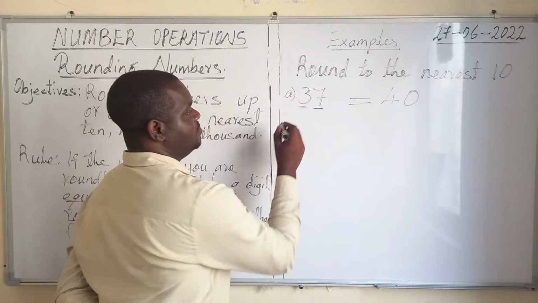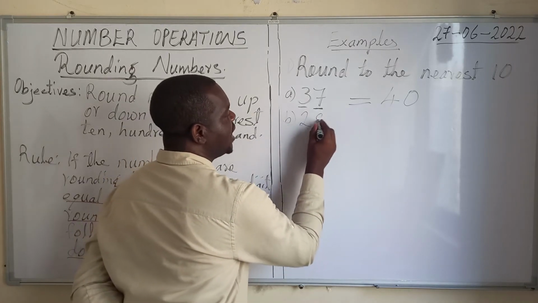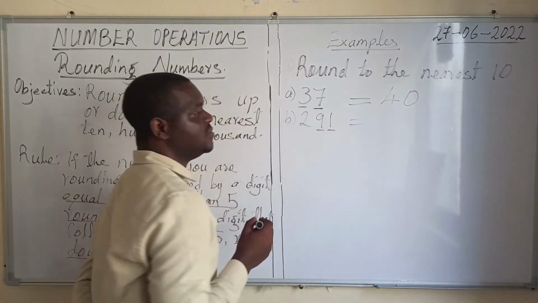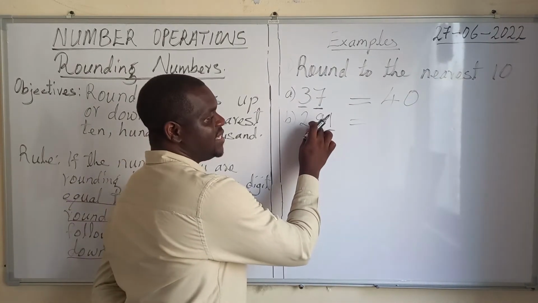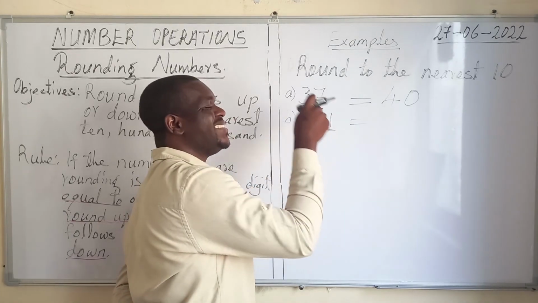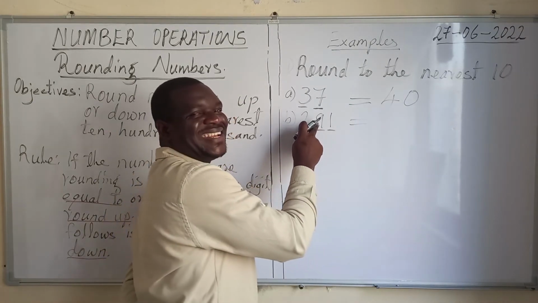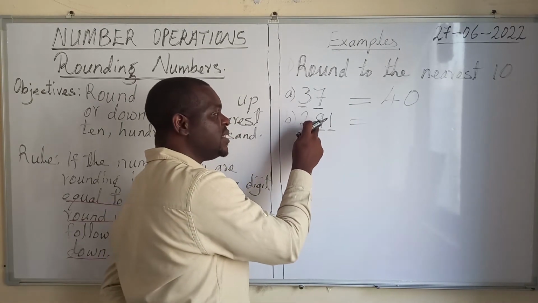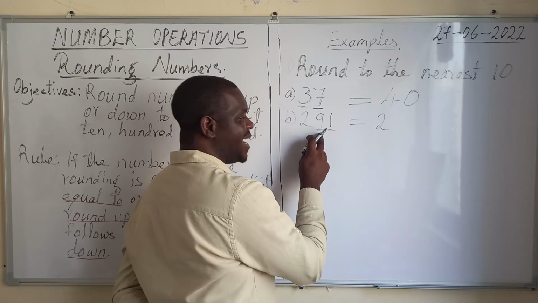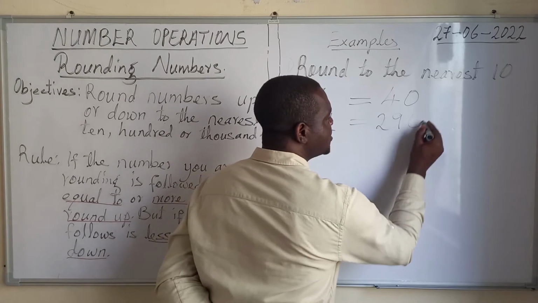The next problem we have to round to the nearest 10 is 291. Still, our focus should be on the 10 and unit digits. The 10 digit here is 9 and the unit is 1. The number that follows is 1, and 1 is less than 5, so we are going to round down. Round down simply means we don't add anything to the 10 digit, so the 10 digit remains the same. That is, 2 remains 2, 9 remains 9 since we've not added anything, and 1 becomes 0. Let's look at